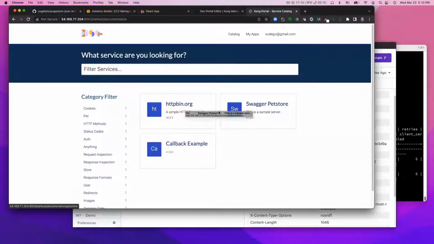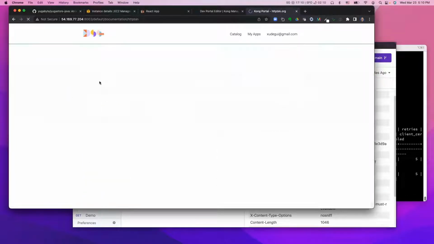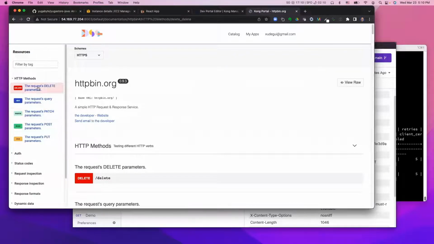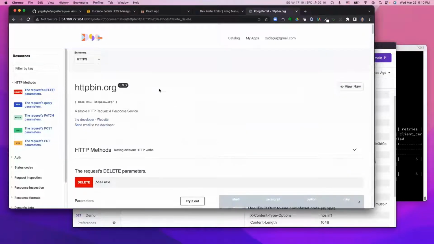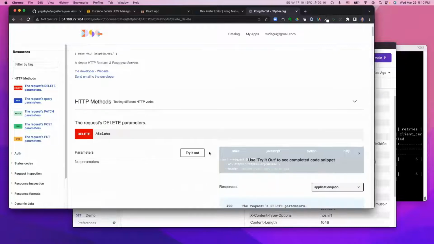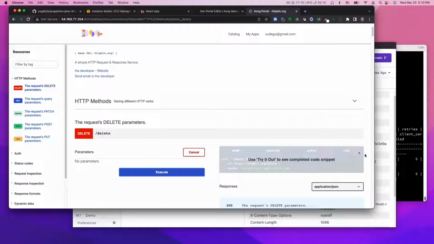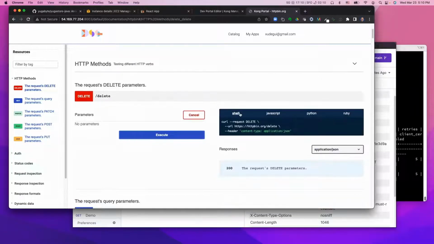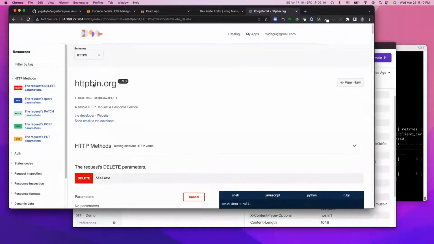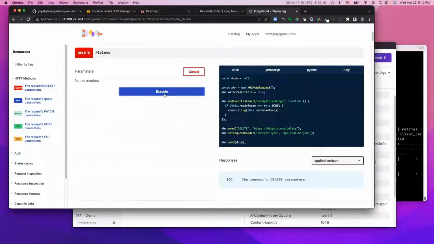And then I can say, okay, let's look at any one of the APIs. Based on the spec, you'll generate this documentation automatically. So as a developer, I will know what operations are available for this API, and what the URL is. I can look at how to call the API using different languages. And if the API is listening on this particular address, I can actually do a test,